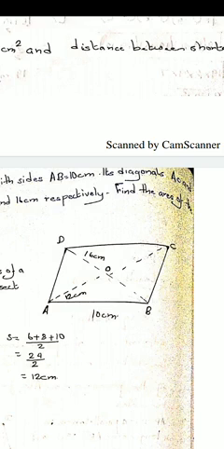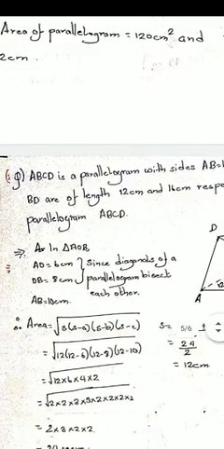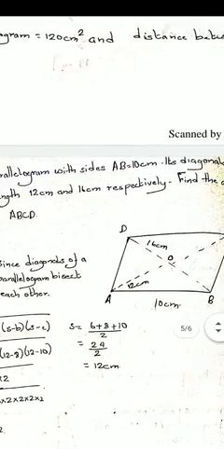What I'm trying to say is, if DB is the diagonal and AC is the diagonal, then OD and OB will become half of 16, that is 8 and 8. Even AO will become 6 and OC will become 6. Okay, remember that fact. I've also written in triangle AOB, AO equals 6 centimeter,